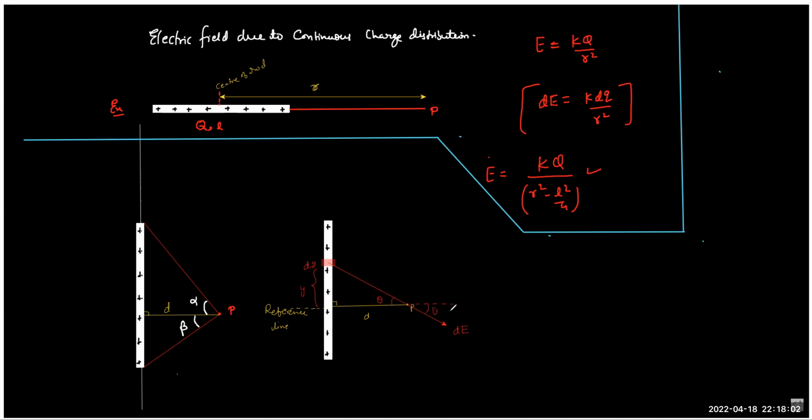So we can understand the direction is not a constant here, and therefore such a vector cannot be integrated. So we cannot integrate it. But at the same time, we can just convert this into two components. One we call dE perpendicular to the rod, another we call dE parallel, and this will be dE cos theta, and this will be dE